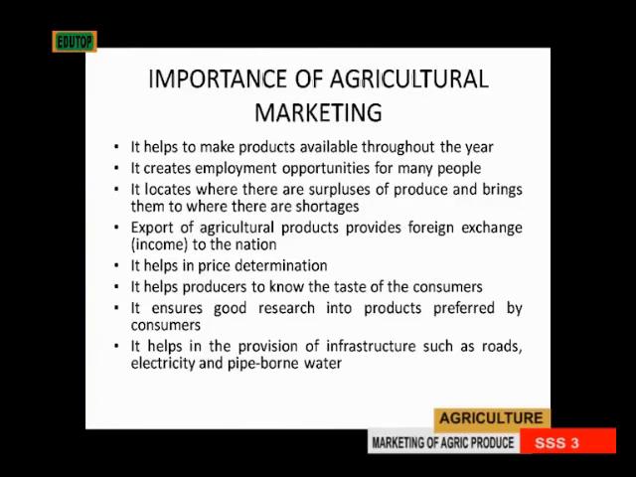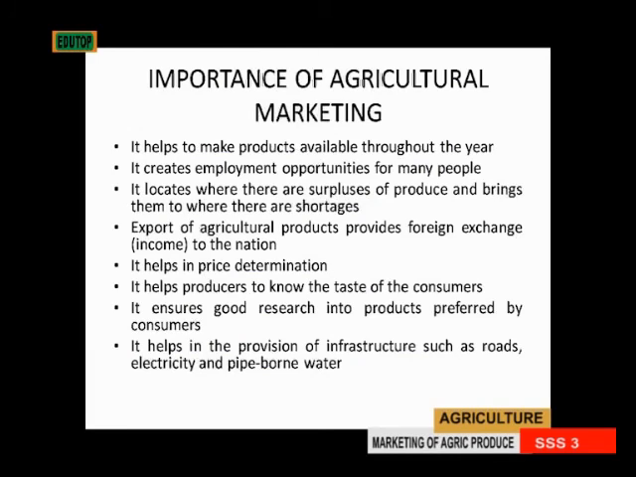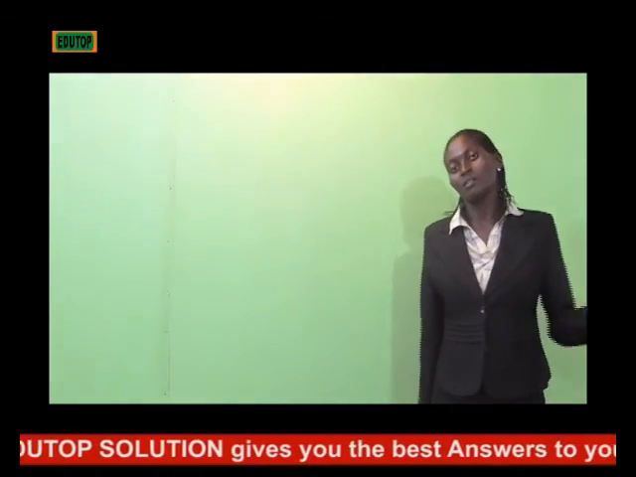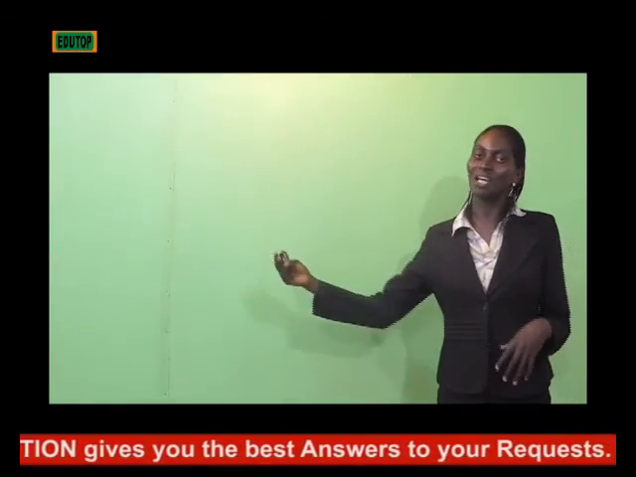Then the next is that it ensures good research into products preferred by the consumers. Okay, once the farmer gets a report that this produce that he has now is very good, is very wonderful, so he will look into how he can produce more and make his consumers more comfortable. The last importance I'll be talking about, importance of agricultural marketing, is that it helps in the provision of infrastructure such as road, electricity, pipe-borne water, and the likes. Once goods are being transferred from rural places, they will definitely have to have a good road. Then the money that is generating will make